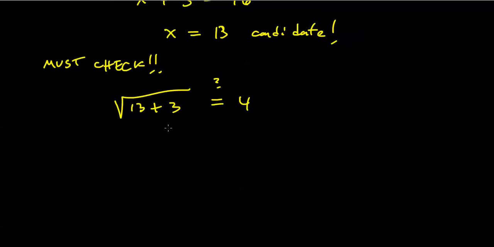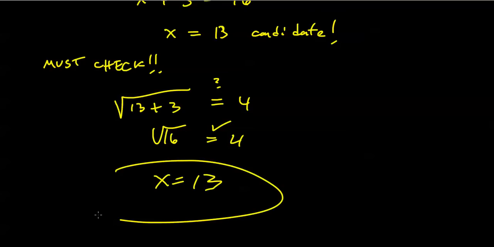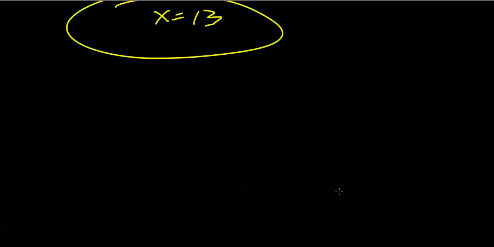Of course, 13 plus 3 is 16, and the square root of 16 is indeed 4, so x equals 13 is indeed the answer to this equation. Alright, so in primary strokes, that's how it goes,